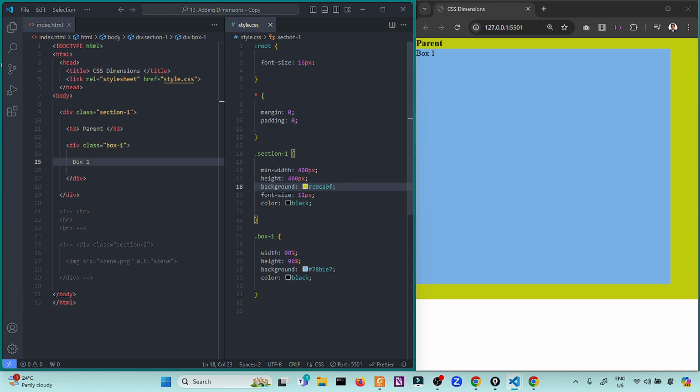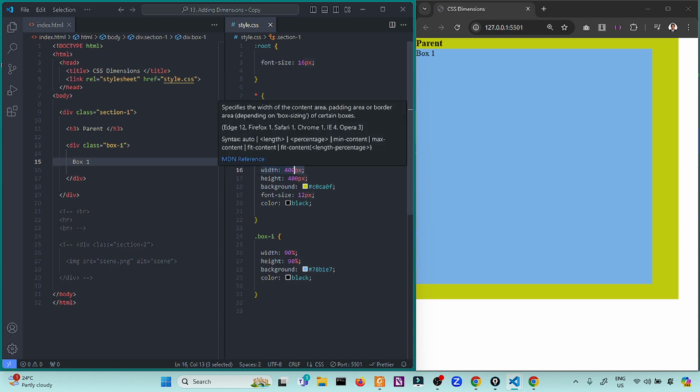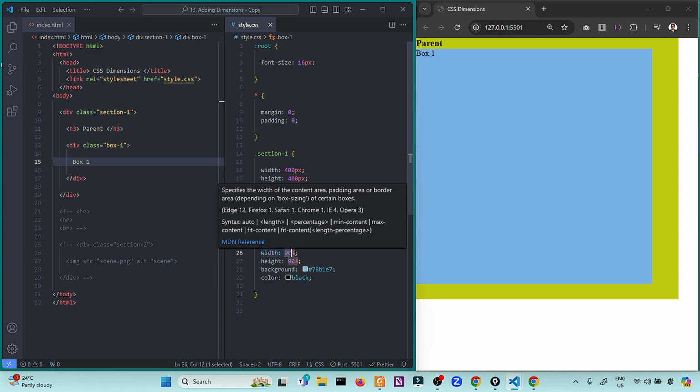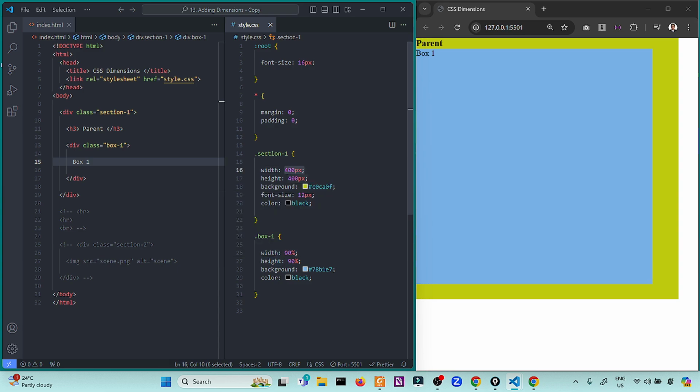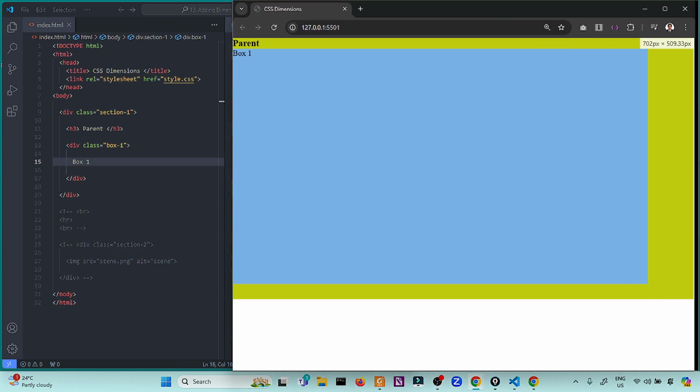How about we change the unit? Aside from pixels and percentage, we also have a unit called view width. So what is VW? The VW, or the view width, is the maximum viewport in terms of width.